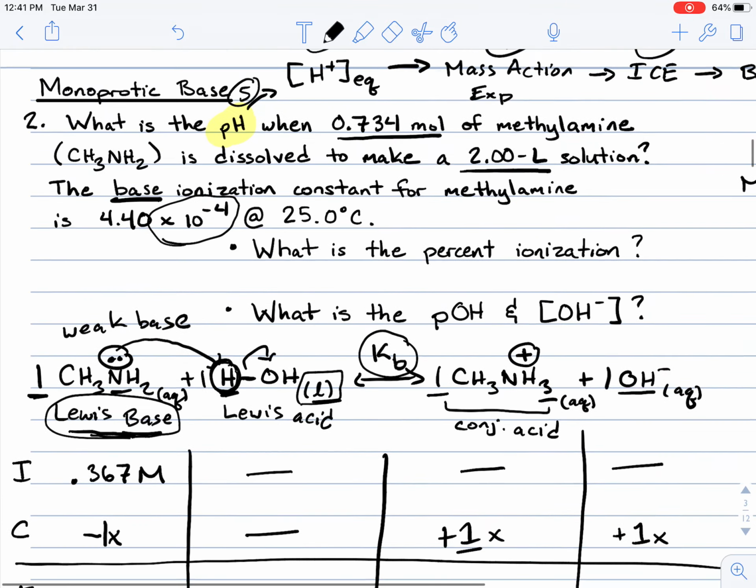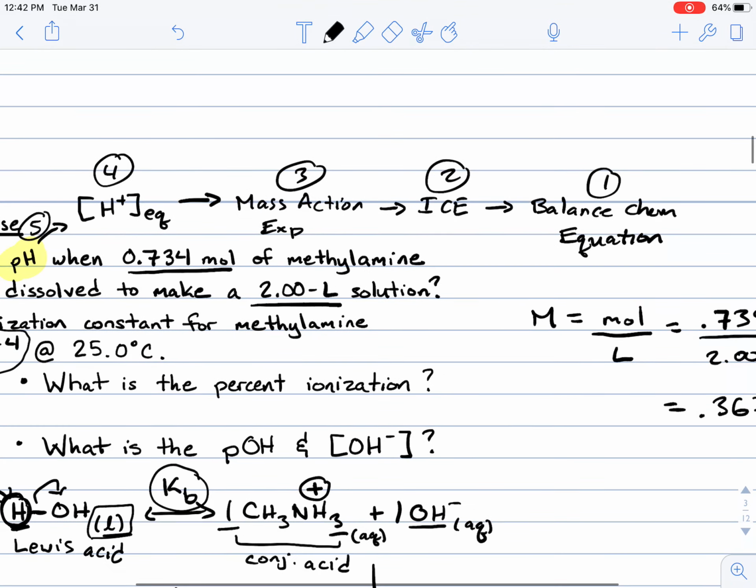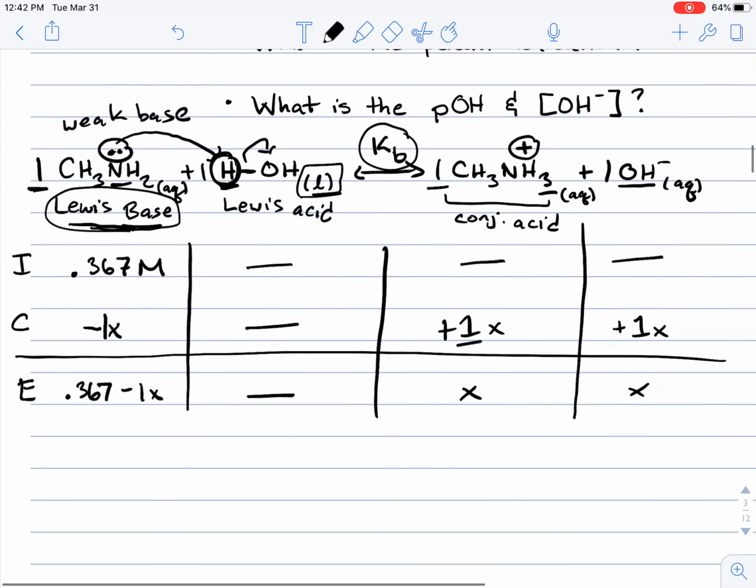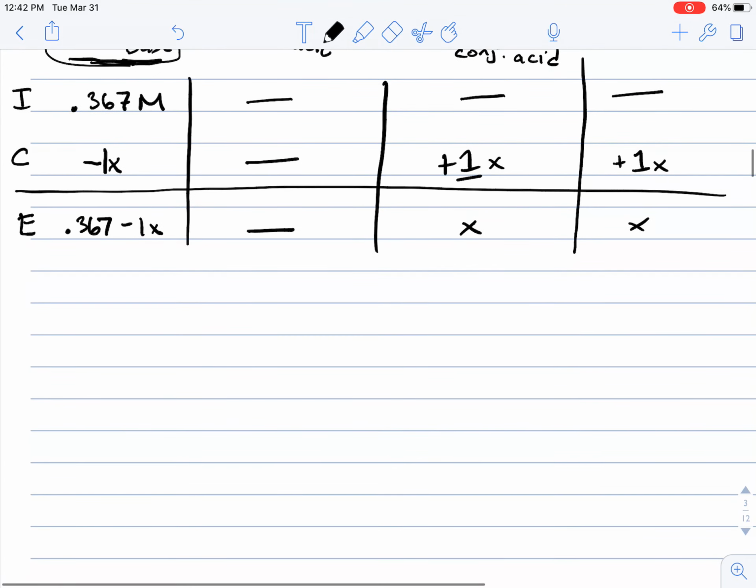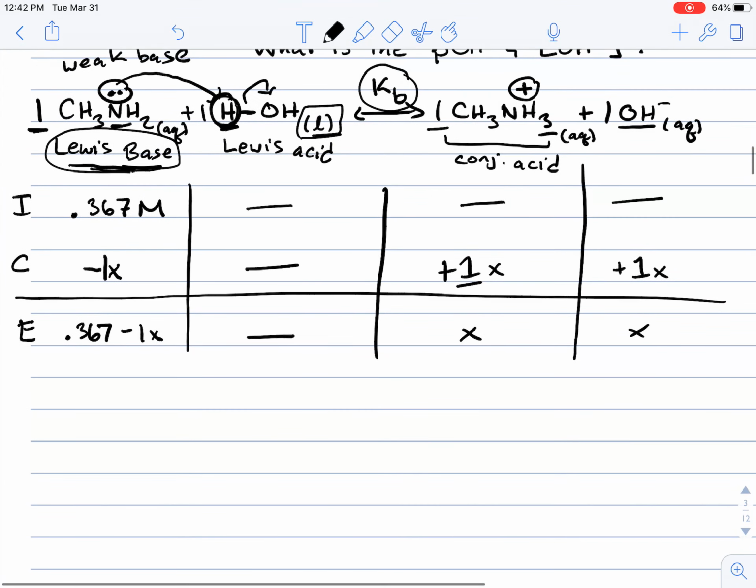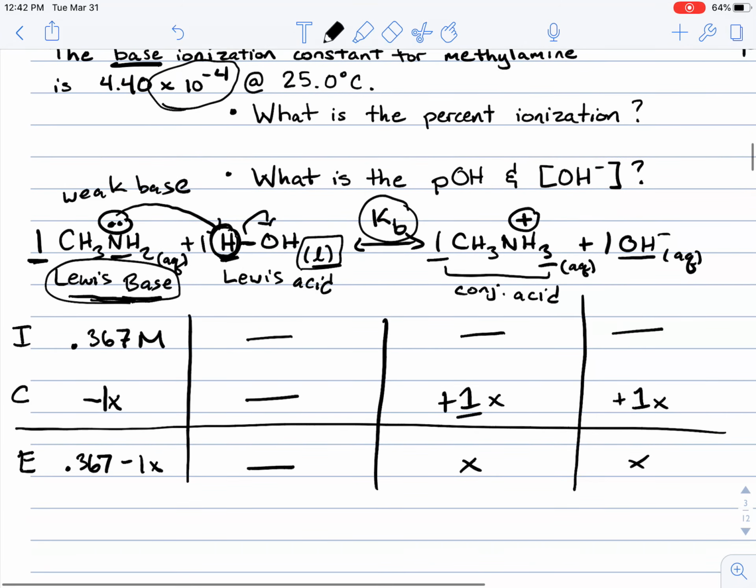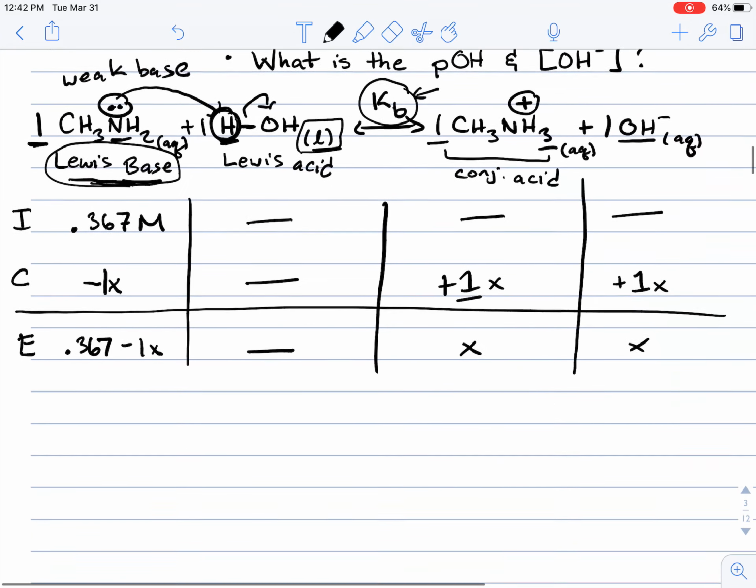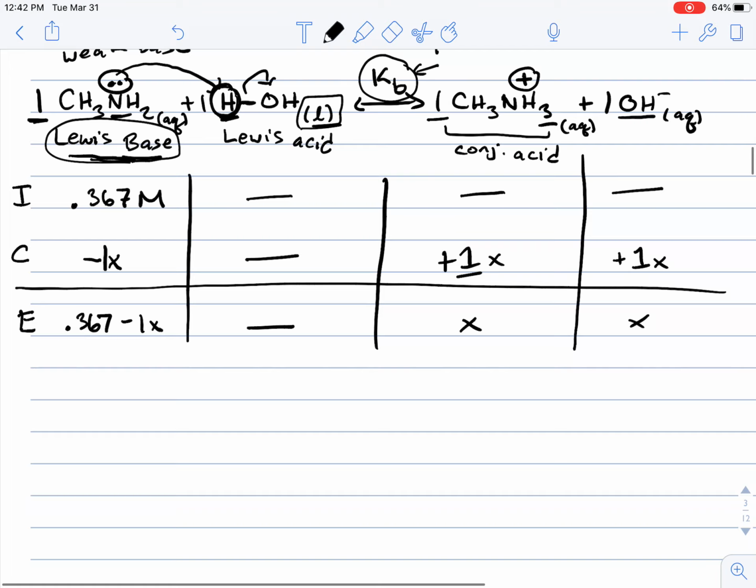Cool. So in our solution map, we have the balanced chemical equation, we have our ICE table, so the next thing that we need to work on is our mass action expression. And so our mass action expression in this case is going to be representative of Kb, the ionization of the base. And so Kb